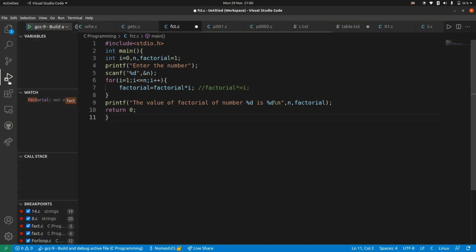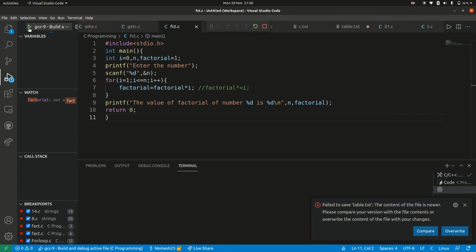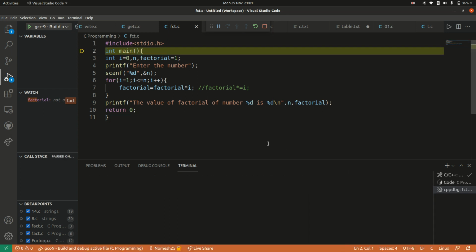After opening this, you will see so many things. In your top left corner you will see a play button highlighted in green. You can just click this or use the F5 button. Now the code will start to build, and in your top left corner, under variables and locals, you can see that all the variables used in this program are shown here, like i, n and factorial.